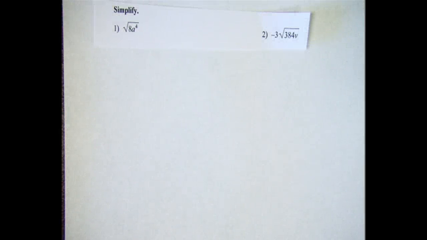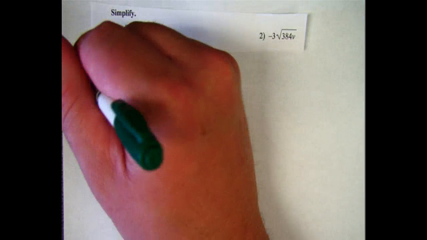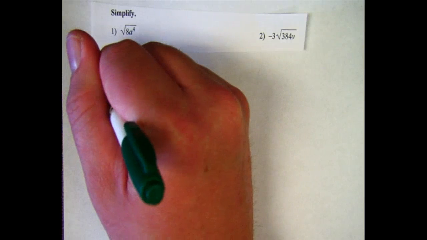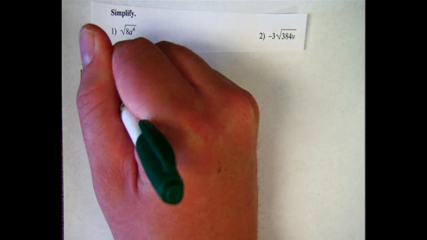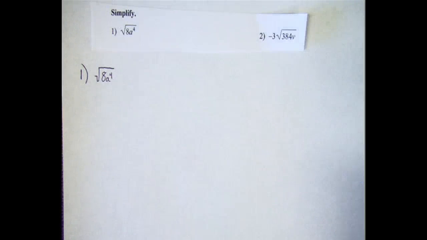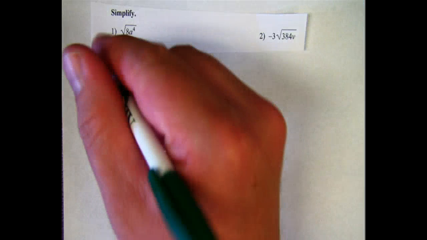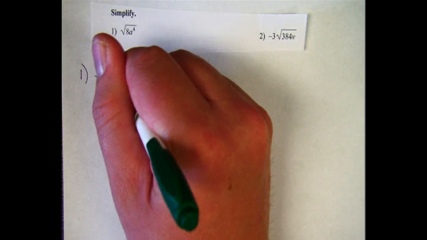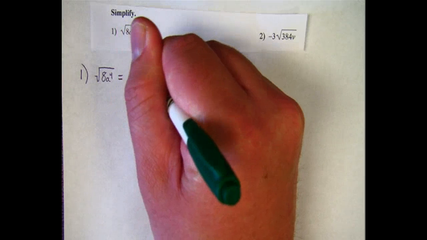Simplify each radical expression. In order to simplify a radical expression, what I need to do is get the prime factorization of what's under the radical, the part we call the radicand. So what I'm going to do is break down all the parts inside there into as many prime factors as I